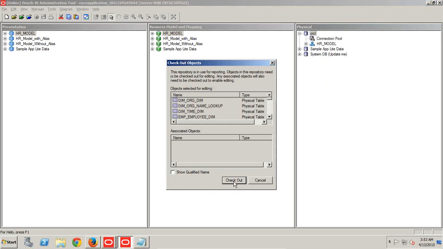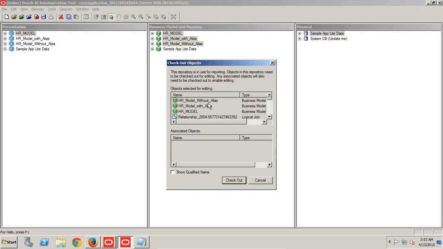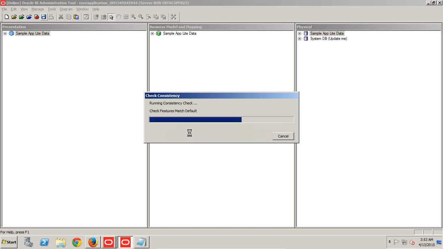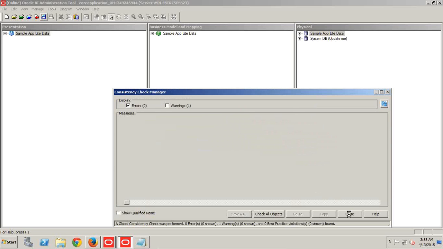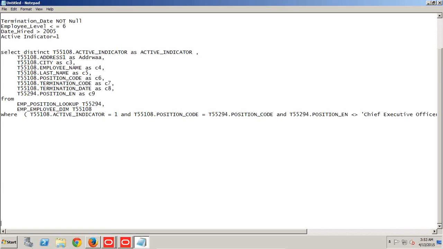I delete this model, and once again I inherit from my physical source to my OBIEE. I delete this model and I delete all the dependent models and build completely from the beginning, right? So first step, we inherit the model from our source system to OBIEE. I'll keep writing steps over here. My step first,